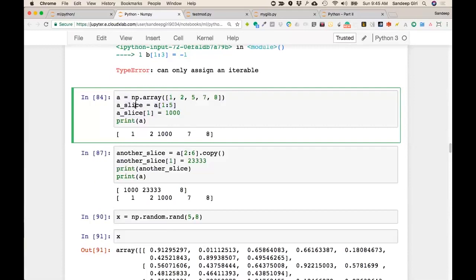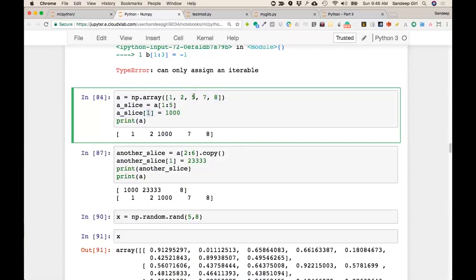So this slice is going to point to values from here to here. No, I'm sorry, it starts with 1 till 4. So this is 1, 2, 3, 4, up to here, right? So we created a slice that points to this portion of the array,